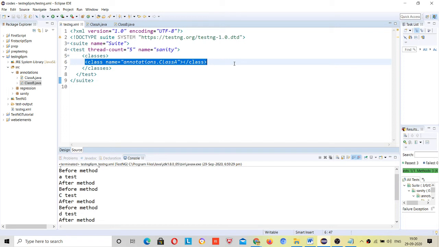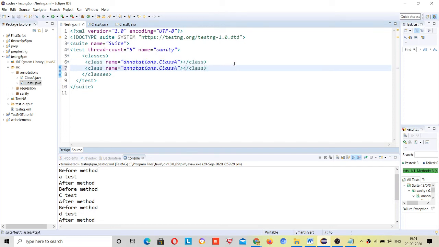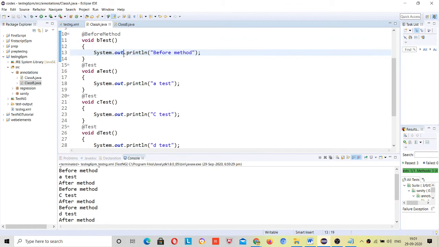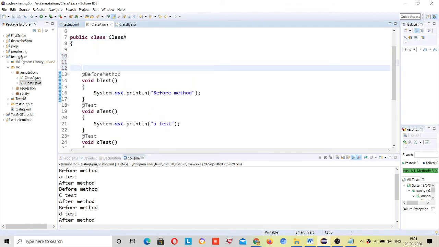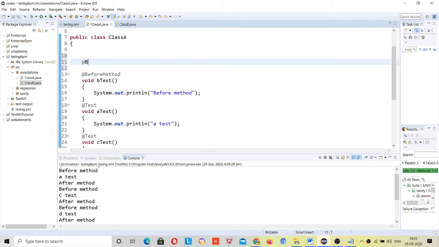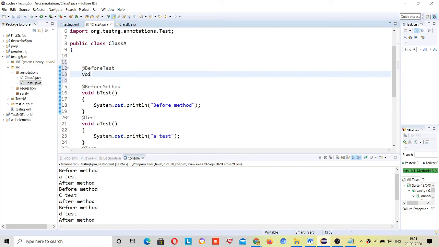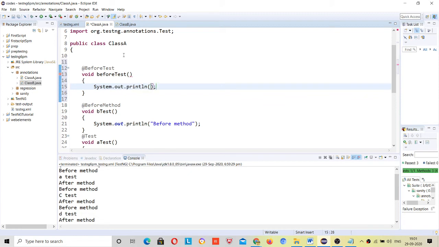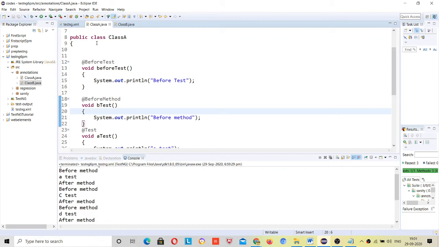I have to include here class B, right, and inside this class A let me include at the rate before test, right. Now what will happen?